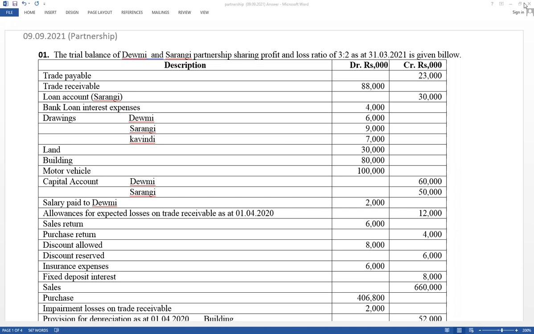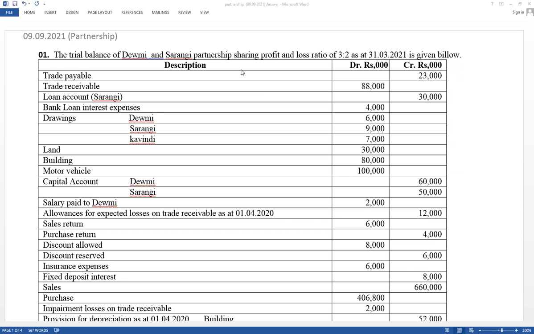Normally in the MCQ paper, there are 5 questions relevant to partnerships. And definitely in the second paper, a separate question is available, normally 20 marks. Therefore, you have to know how to prepare financial statements for partnerships. Last week I discussed service business with partnerships and trading business with partnerships. Sometimes there's a manufacturing account with a partnership also, right? Today I'm going to discuss some examples based on a trial balance, how to prepare financial statements for